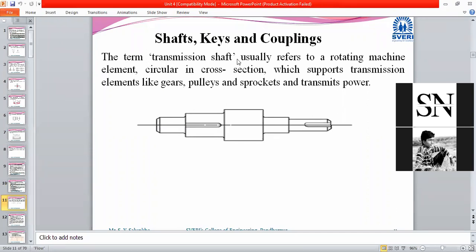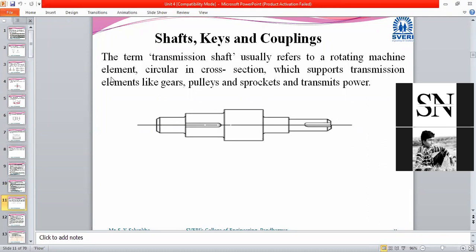The term transmission shaft usually refers to a rotating machine element, as Balaji has told, that it is rotating. Rotary power is transmitted. See, power is power. Rotary motion is motion. We can say rotary motion. Linear motion is in the case of transmitting power from the flow of gases, or the fuel which has burned on top of the piston, that also gets transmitted by means of linear motion of the piston.